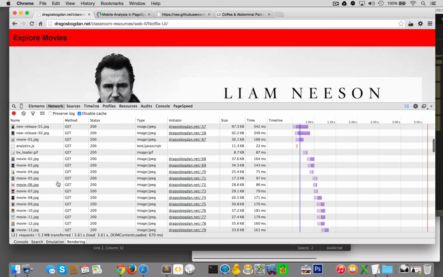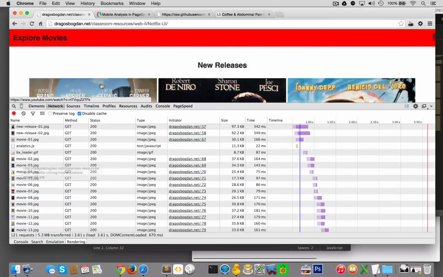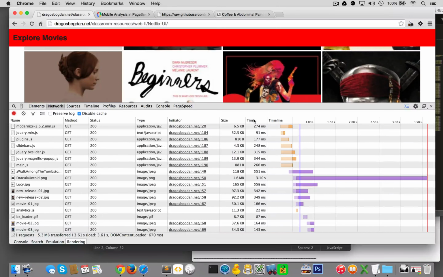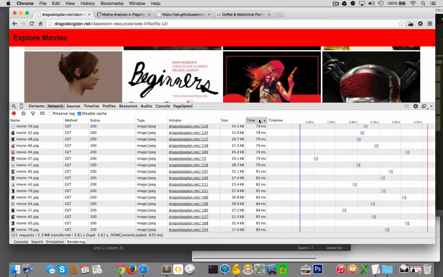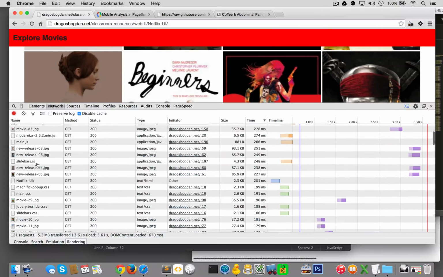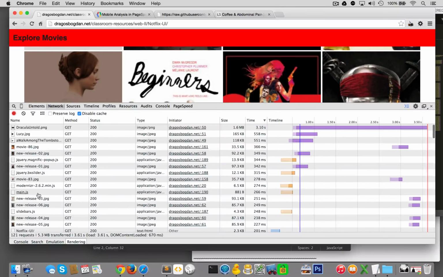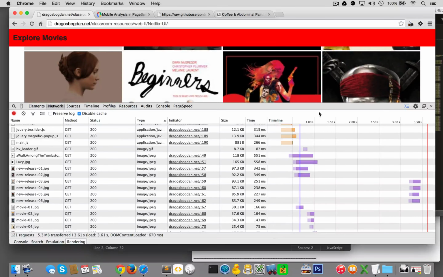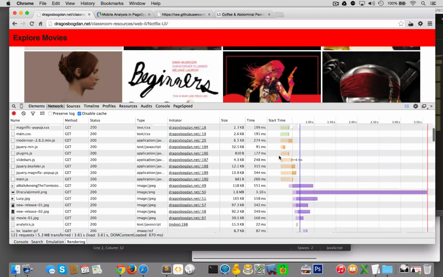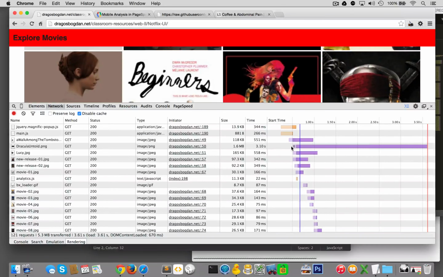our page, right? Because if we just start with these movies over here, which are just the little guys that we have down here, all our movie posters. Actually, why don't I do it by time even? We see that they're scattered all over the place, and well, actually, that's not the best. Let me go by image type and timeline. Let's see, start time. We sort of see how, as these images are going down the line over here,